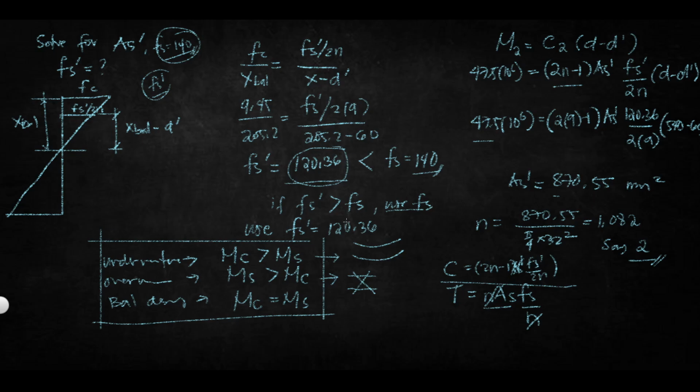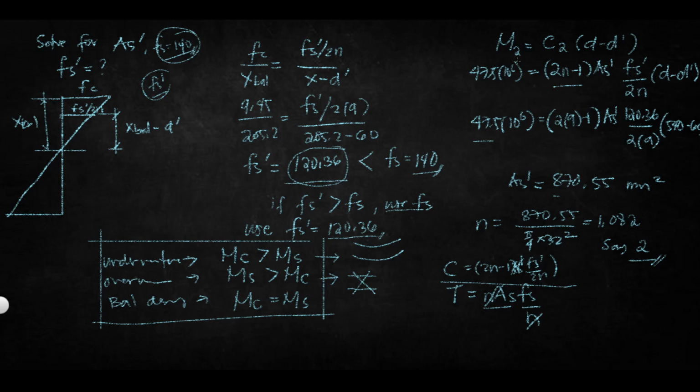Okay? For this problem class, your Fs prime is less than the Fs. So, we're going to use Fs prime. Hindi po 140. Ito yung sinasabi ko, no? Hindi agad-agad na yung Fs prime mo is equal sa 140 o yung allowable stress steel. You need to check using the stress diagram and using similar triangle. Okay? So next is, after solving Fs prime, we can now solve the As prime, area of steel